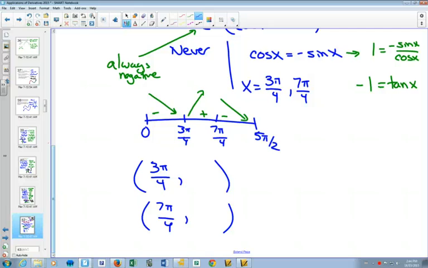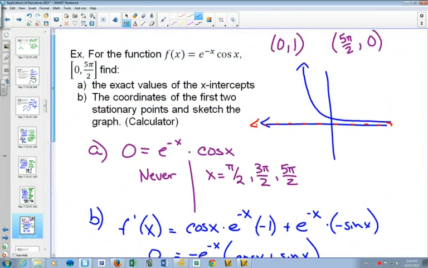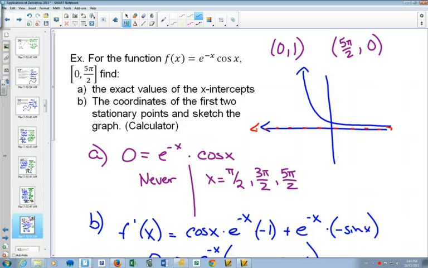first of all, we know that 3 pi over 4, 1, that's a local min. And this one here is going to be a local max. And this for sure is where we're going to need our calculator. Because cos of 3 pi over 4, we could do that without our calculator. We know it's negative root 2 over 2. But e to the negative 3 pi over 4,